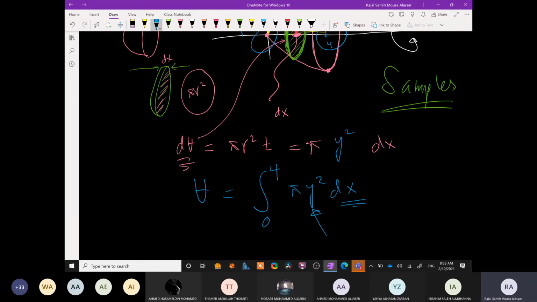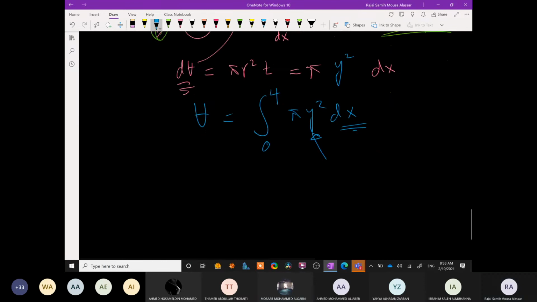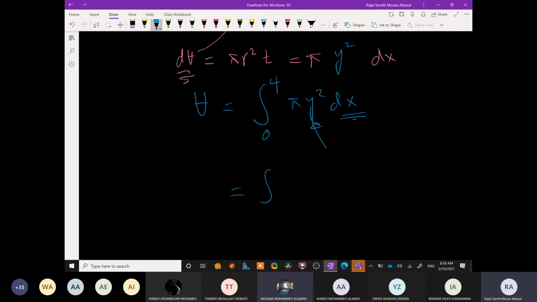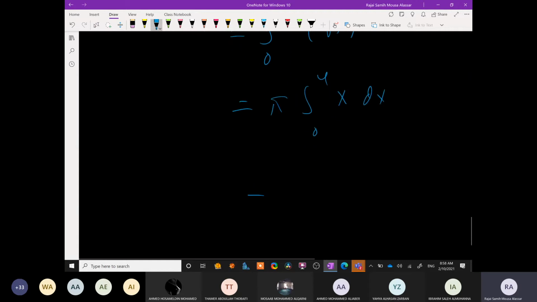And what do I have here? A y. But this is y of the function, yes. And y of the function is what? The root of x. Exactly. So this is 0 to 4, pi times square root of x, squared, and then dx. So what do we have here? I have a pi, the integral from 0 to 4 of x dx, which is equal to pi